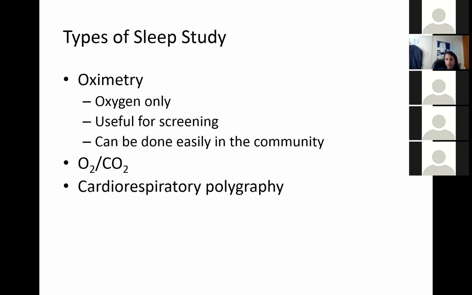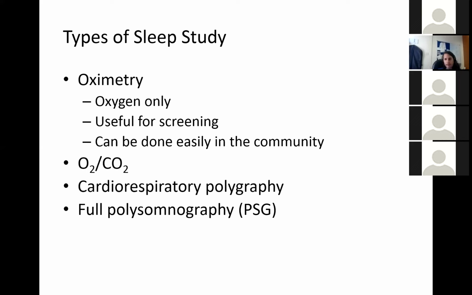And you've got cardiorespiratory polygraphy, which is one level up from an O2/CO2, and again, we can do some of these at home now. And then you have a full polysomnography, which involves not just looking at parameters of breathing, but also has EEG monitoring, so you can look at the brain waves. And it's only in this study that you can really classify the sleep into the stages I was going into before. We can guess from other studies what stage of sleep children are in by looking at the heart rate and respiratory rate, but really the only way to truly know if children are having REM sleep and non-REM sleep in the usual distribution is through a full polysomnography.